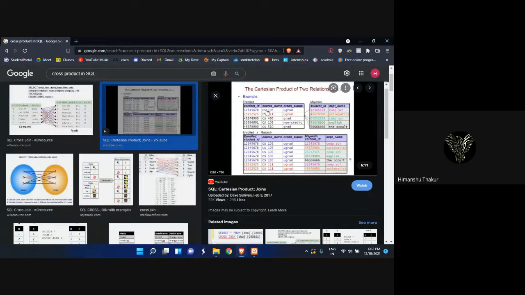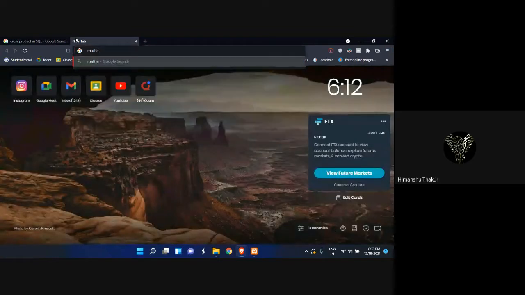So there is a table enrolled and another table majors in. It has this record, just one row, and whenever I do cross join, sorry, not cross join, cross product, what happens is, let's take a mathematical cross product.